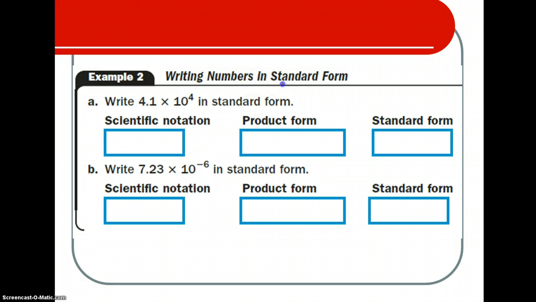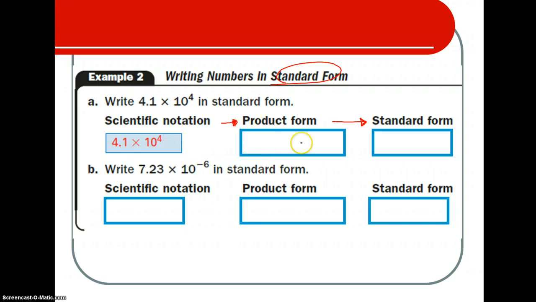In example 2, now we're going to write it in standard form. So I'm going to give you scientific notation and your answer needs to be in standard form. So it's 4.1 times 10 to the 4th power. Again, you can go through product form to get to standard form, or you can just go right to standard form. I'm going to show you how I skip product form with this one. I just write down the 4.1,